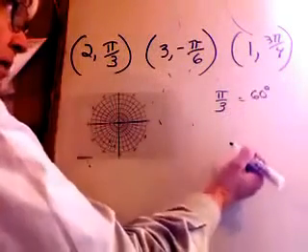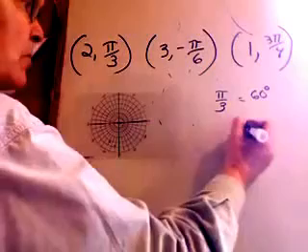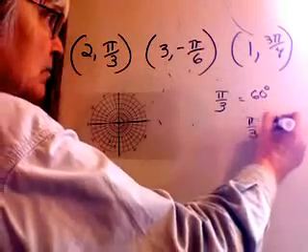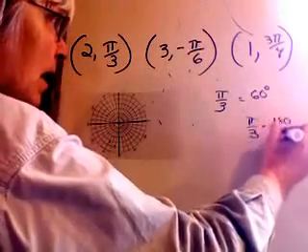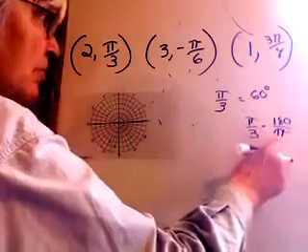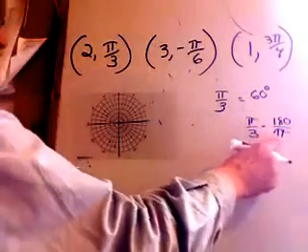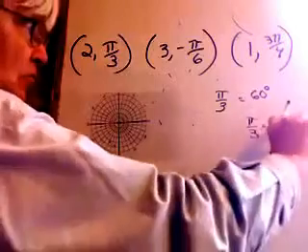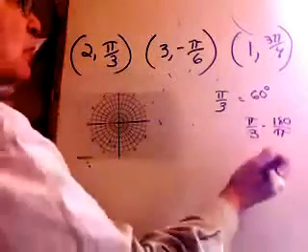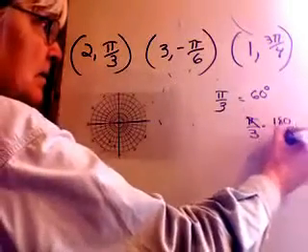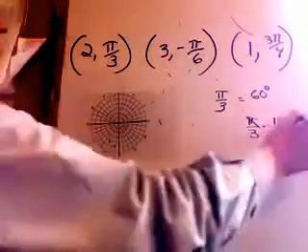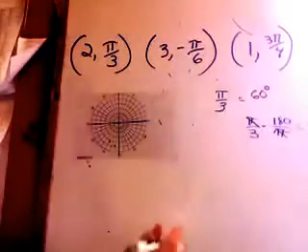If you don't know that it's 60 degrees, remember there's a way to convert: pi over 3 times 180 over pi. That's the conversion multiplier for changing radians to degrees. And if you want to go degrees to radians, you use that in its reciprocal form. Notice the pi's cancel out, and 3 into 180 is 60 degrees. Most of you learned that a long time ago, but just a little refresher.